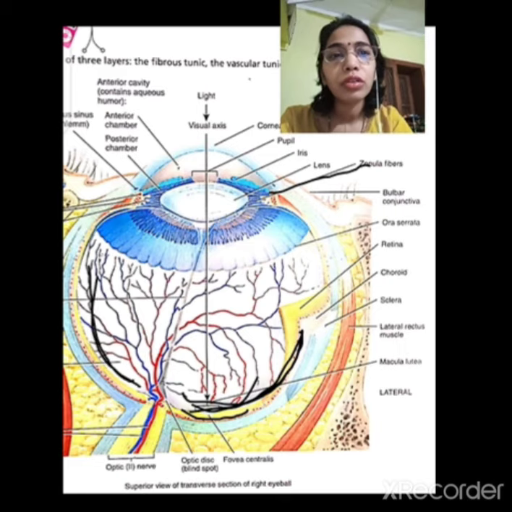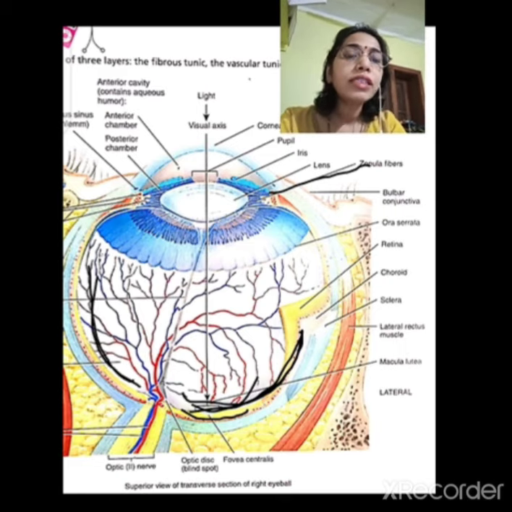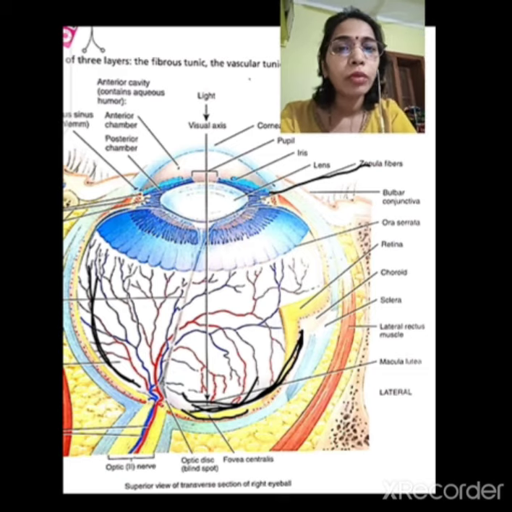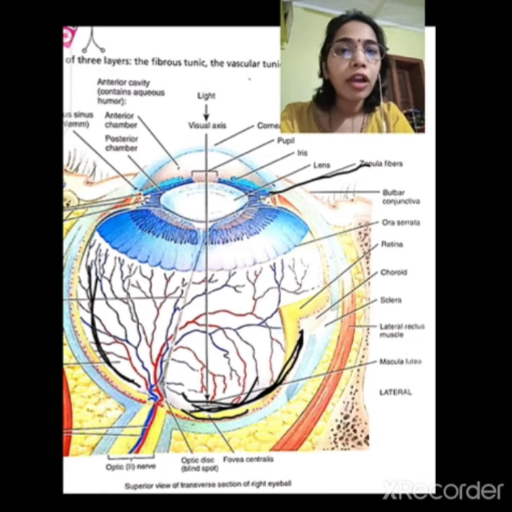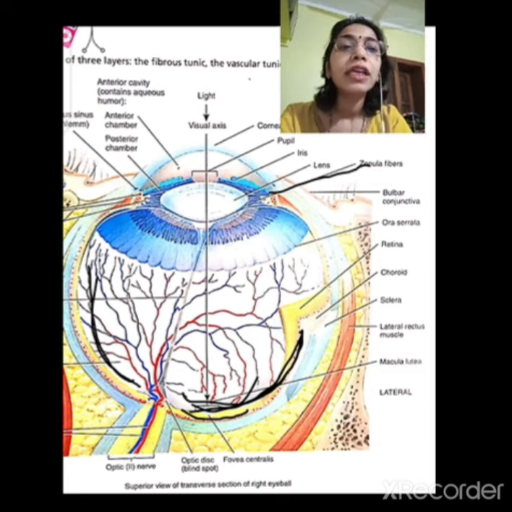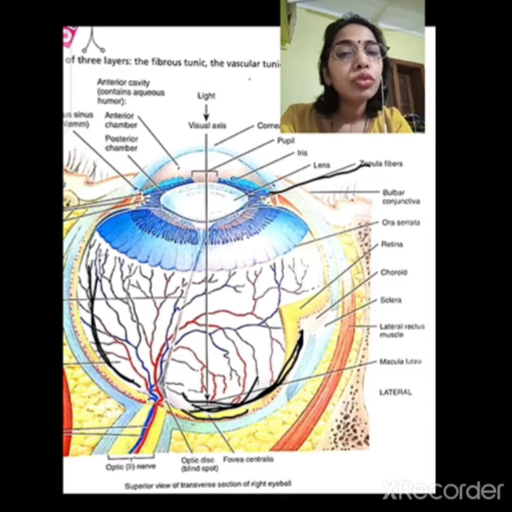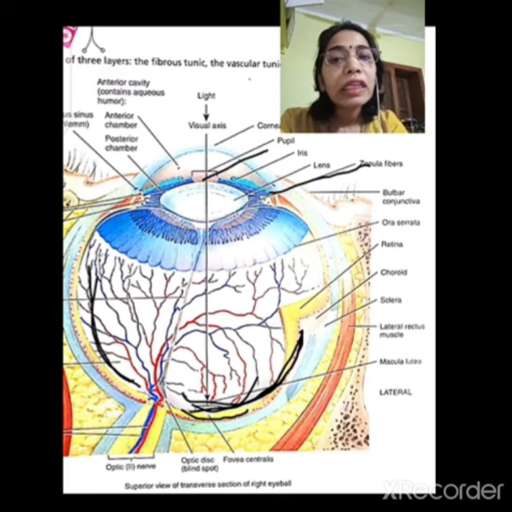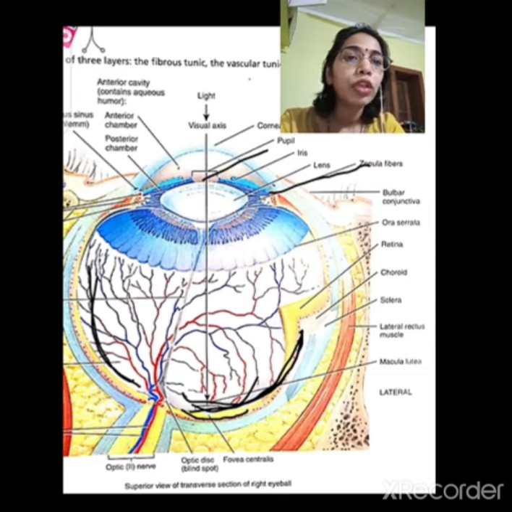This layer's anatomy can be viewed by an ophthalmoscope. The optometrist and ophthalmologist check our eyes with the help of an ophthalmoscope, an instrument that shines light into the eye and allows an observer to peer through the pupil. This opening is the pupil. From here they look inside the eye.